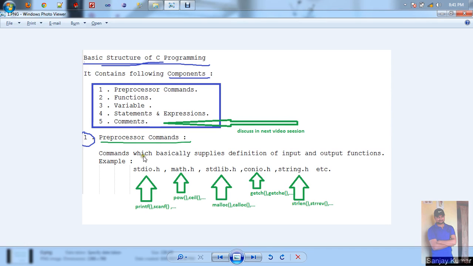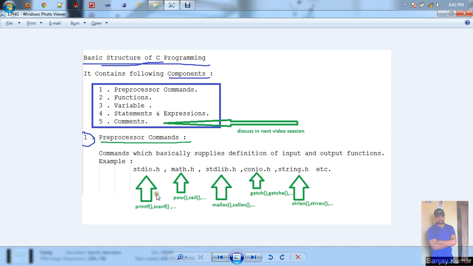Preprocessor commands basically supply definitions for input and output functions. In a later video session, we will discuss the header files, what is stdio.h, math.h, standard library stdlib.h, conio.h, string.h, etc. In the next video session, we will see the definitions of printf and scanf.